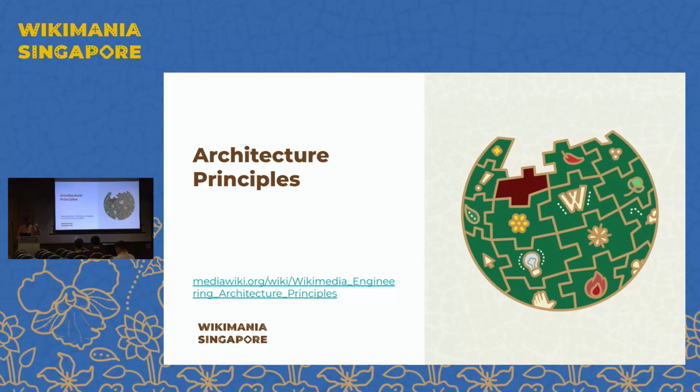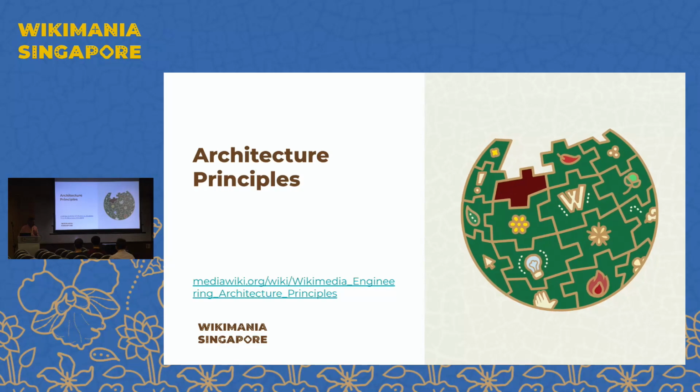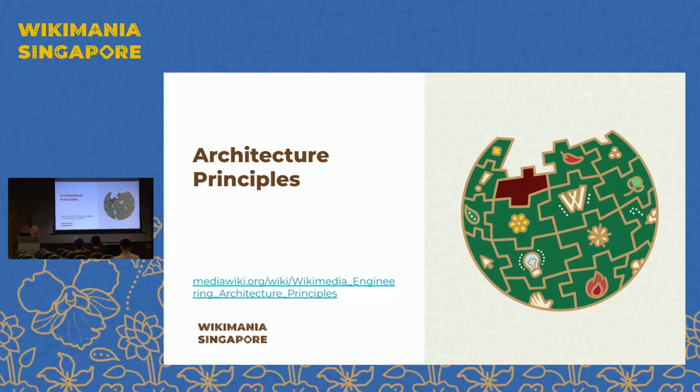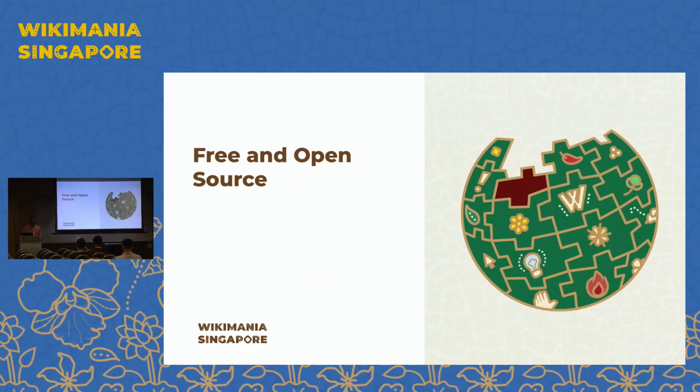I will not go into the details of all the principles, but I'll state only a few. You can learn the full principles governing projects in the Wikimedia Foundation in this link. But in general, one of the basic things is that it's about free and open source. So when you are working with machine learning projects, please be aware that we are very serious about free and open source projects. If your projects and the tools that you use while hacking are free and open source, that aligns with our mission.